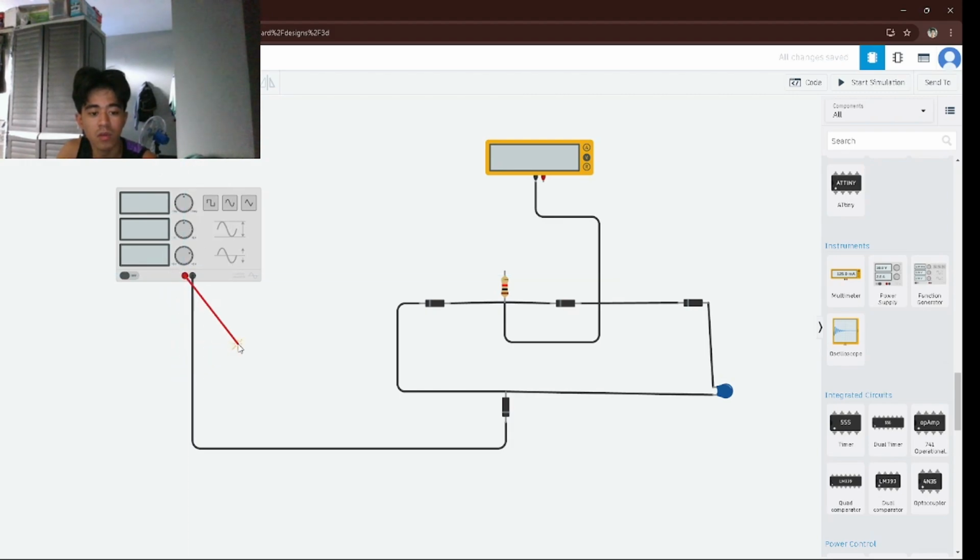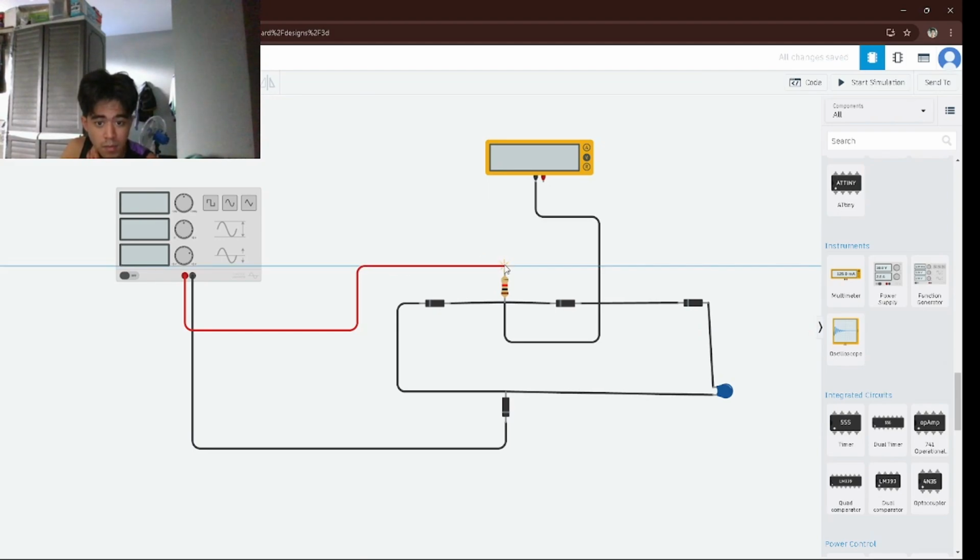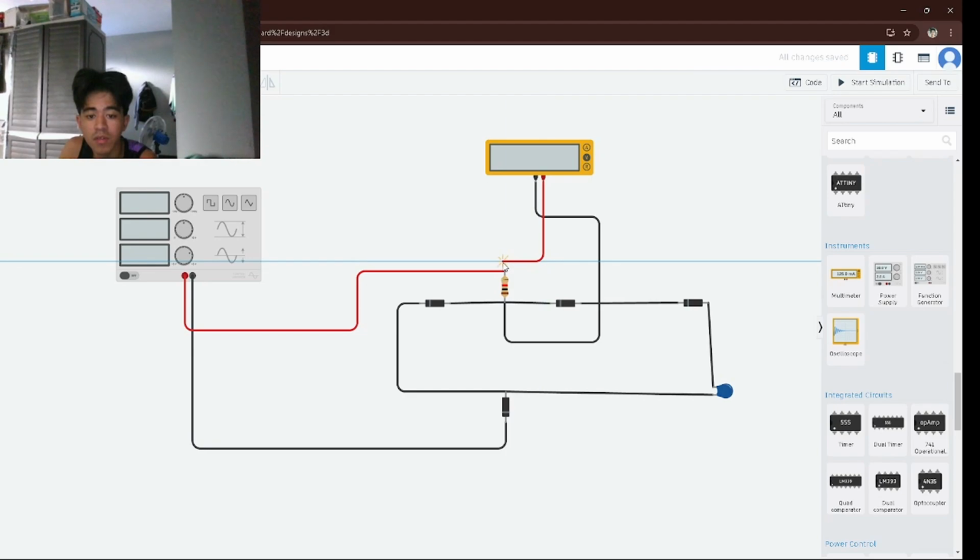Let's connect it to the resistor. And this, connect it to the resistor.